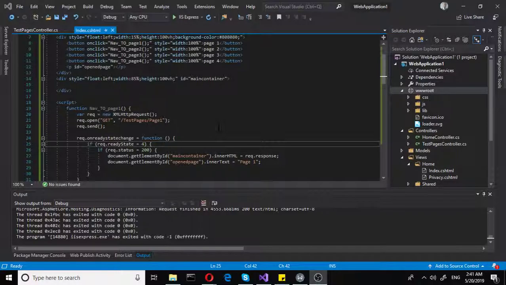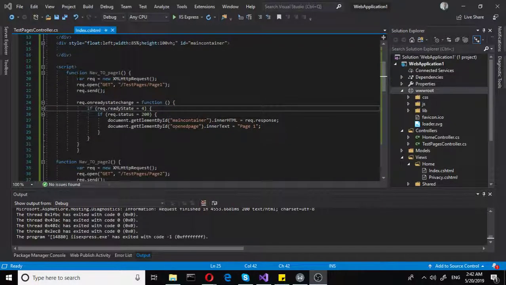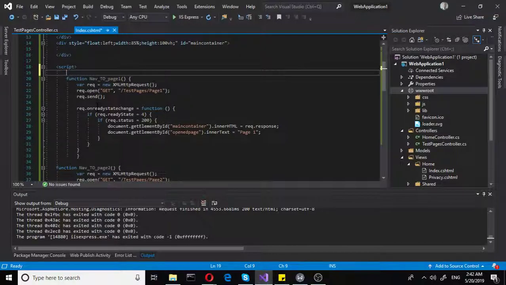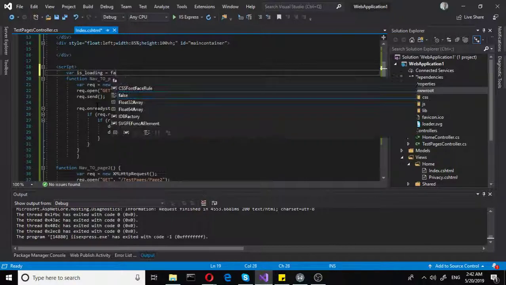But before that, since everything is asynchronous, if you click on one page and then on the other and then on the other, everything will start loading and you'll get a horrible mess, to put it lightly. So what we want to do is prevent loading any other pages once one page is loading. To do that, we'll create a little boolean variable. Let's do variable isLoading equals false, of course,